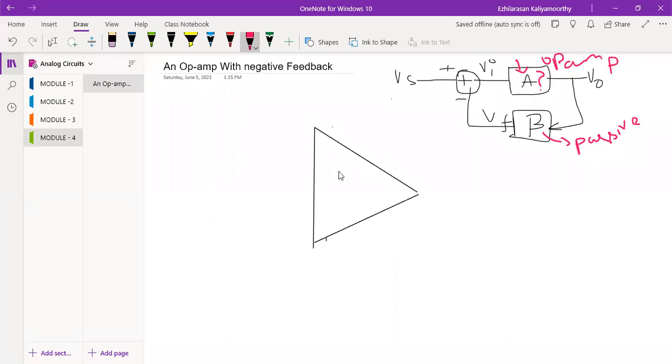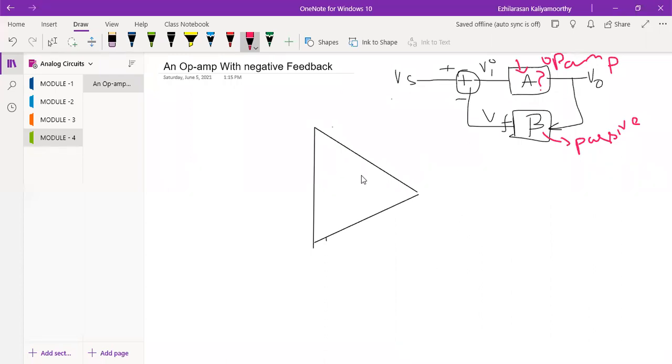Normally, what is the application of the op amp? That is the operational amplifier we are saying. What operation will it do? In earlier times, if you want to perform any mathematical operations, say summing, addition, subtraction, differentiation, integration for analog signals, they found this circuit will perform those mathematical operations. That is one of the applications we can say.